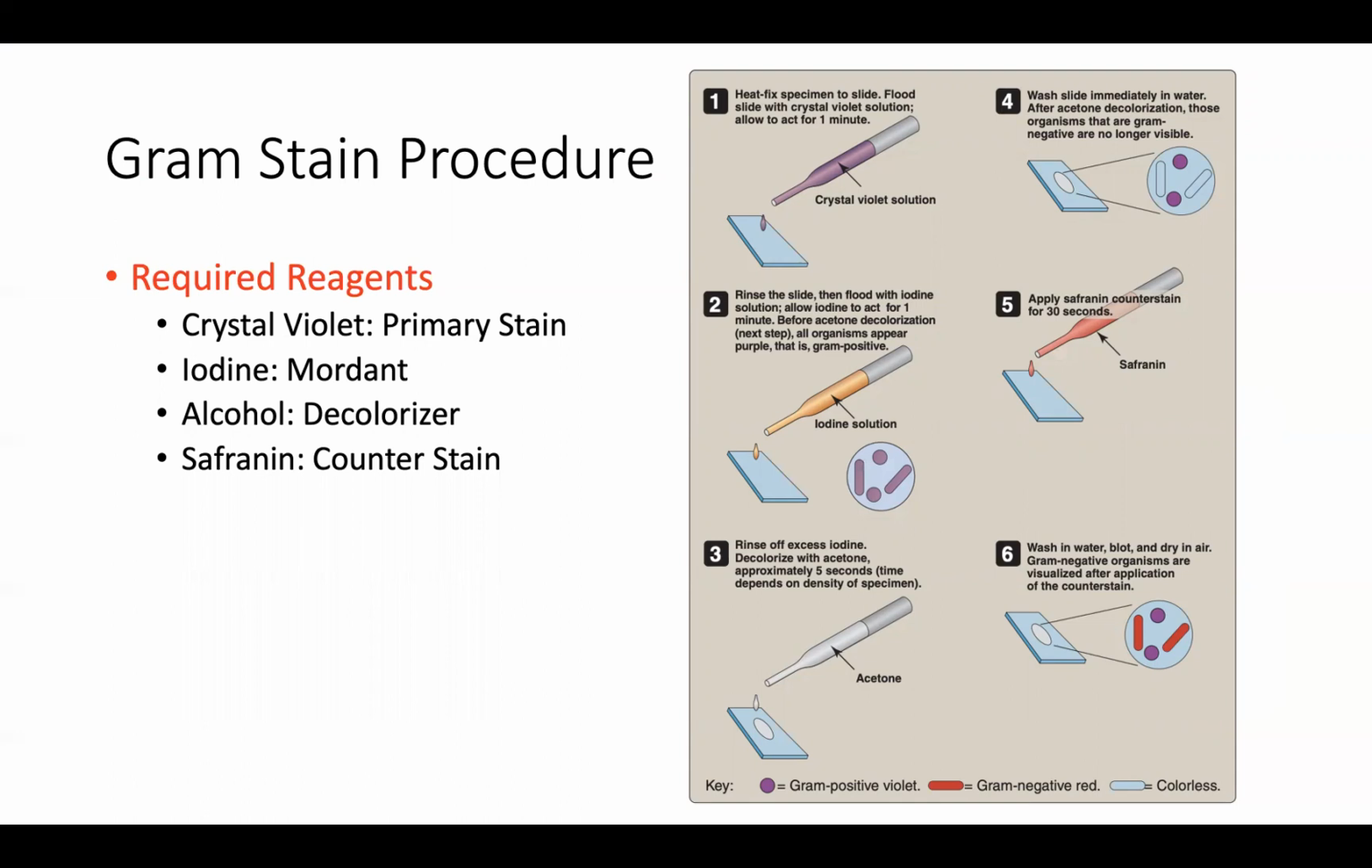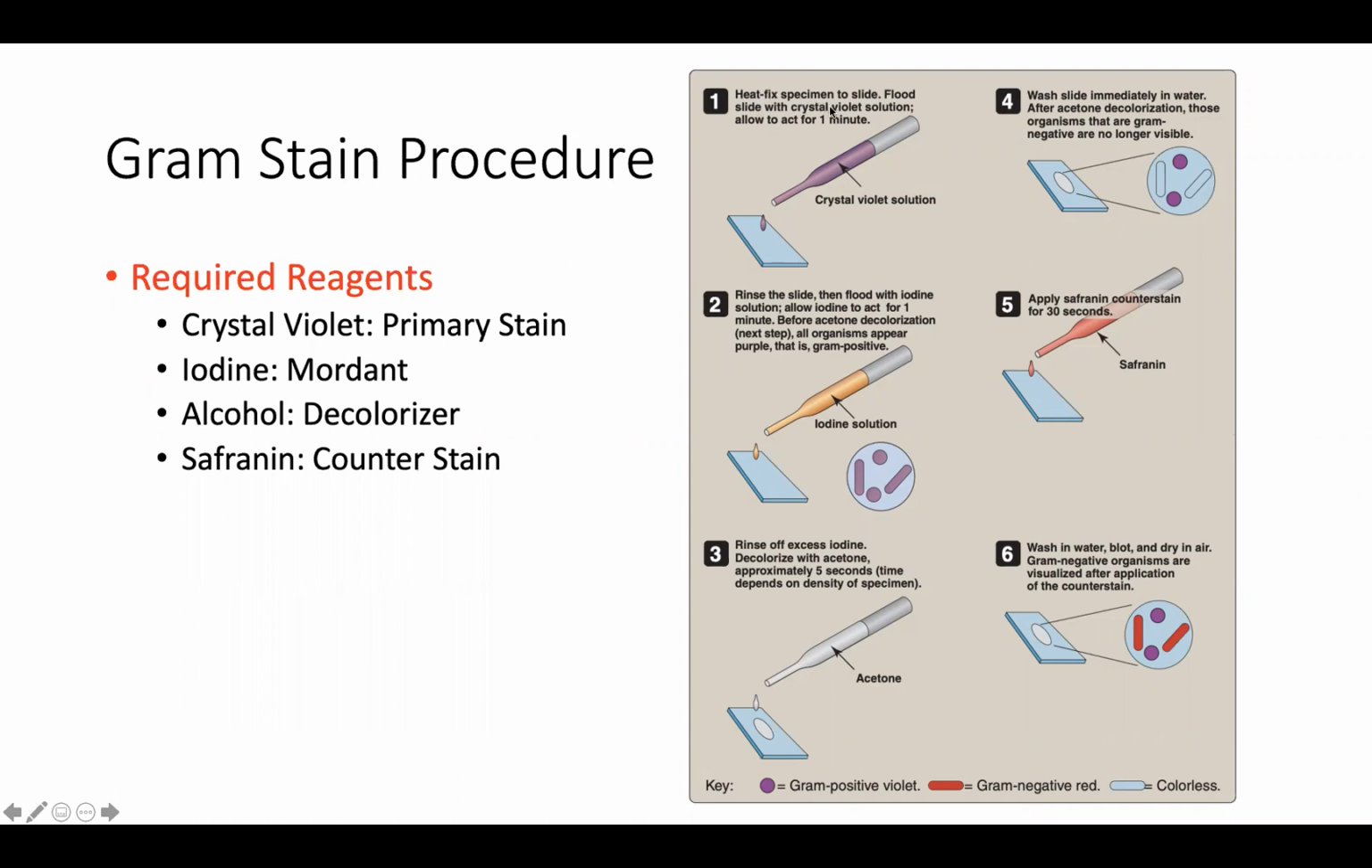Iodine is going to function as a mordant. The mordant has the ability to fix this stain into the cell. It's trying to help this crystal violet be taken up by the cell. And then there's alcohol. Alcohol serves as a decolorizer in this procedure. And then safranin is our counterstain. So we're using two stains here, crystal violet and safranin. And so again, once we have created our smear prep, as we talked about before, we